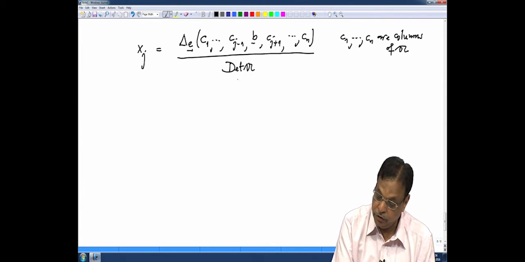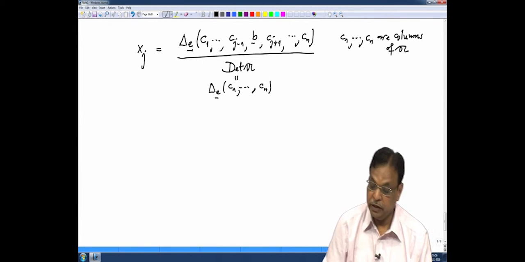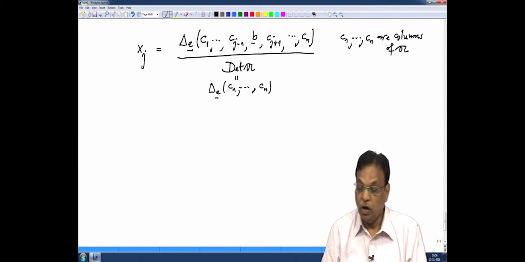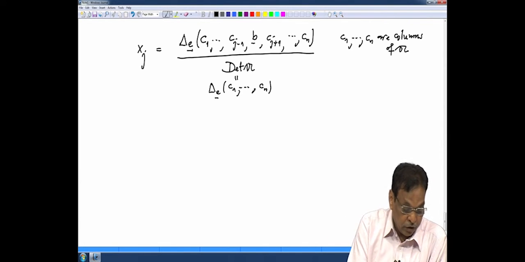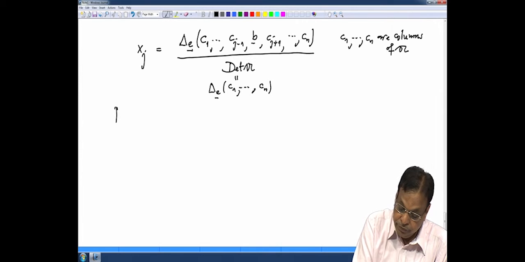Determinant of A. I could have also written this as delta E of C1 to Cn, where delta is the standard determinant function. So, how do you verify this? This is very easy to verify. So, proof,